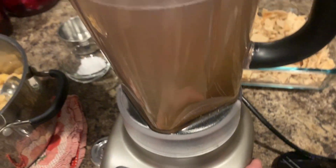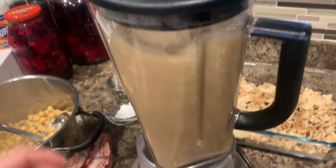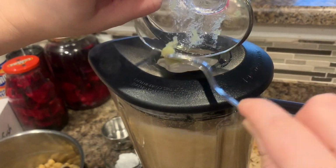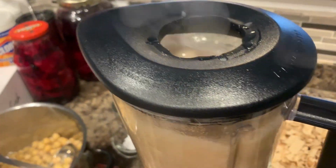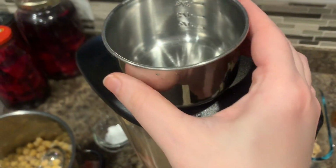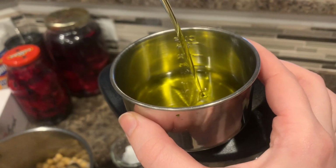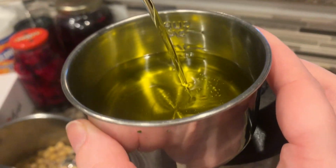I went ahead and added half a teaspoon of allspice, 1 teaspoon of salt, and 1 teaspoon of cumin. And then we are going to add our garlic, and then we will add our olive oil. I'm adding about half a cup of olive oil, and then we are going to add our baking soda right